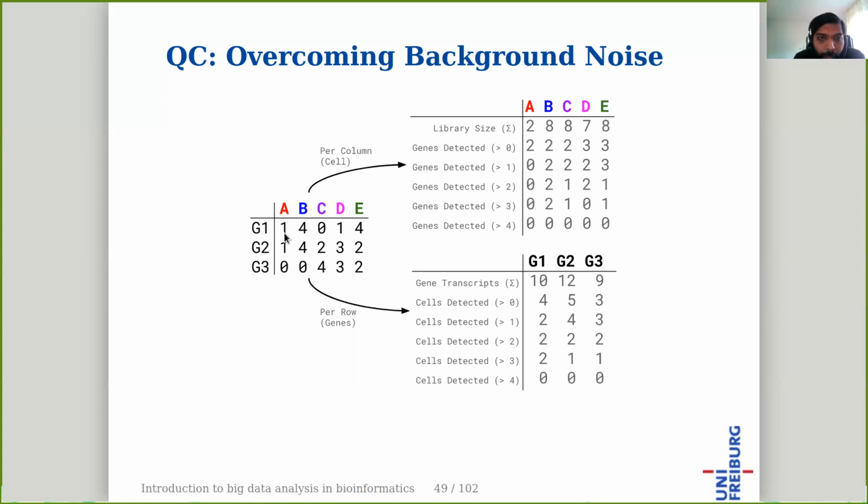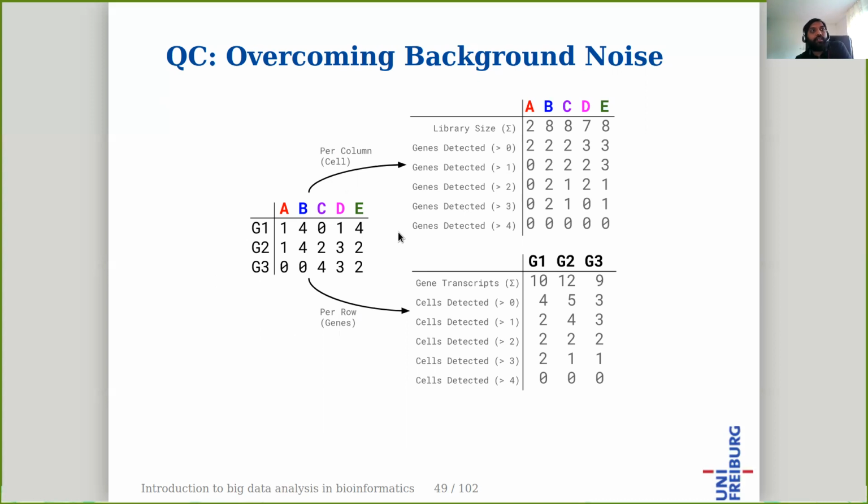So here we see that cell B has a gene 1 that has 4 transcripts. Gene 2 in cell B also expresses 4 transcripts. Gene 3 in cell C expresses 4 transcripts. That's how you read it. And then you don't directly use this matrix for the further analysis. Before using this count matrix, first what is done is so-called quality control, which is filtering this count matrix,